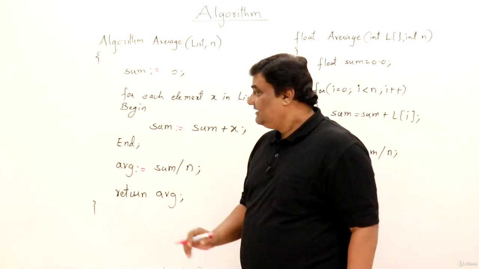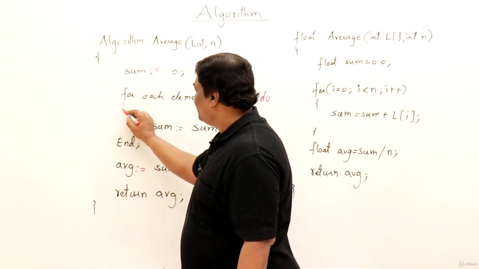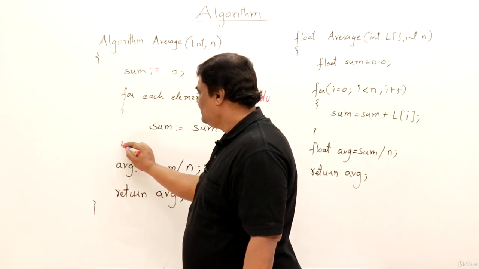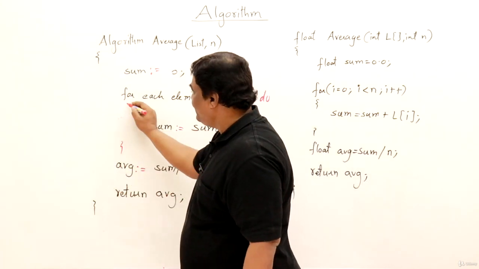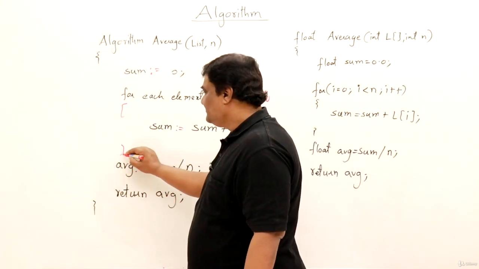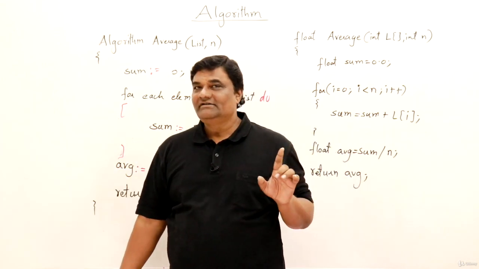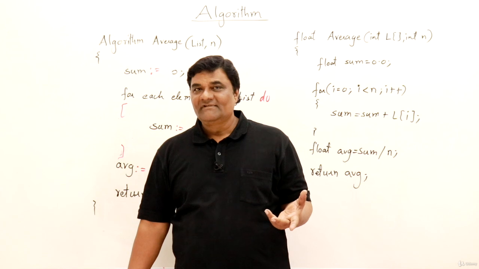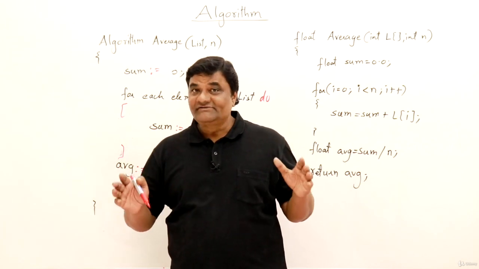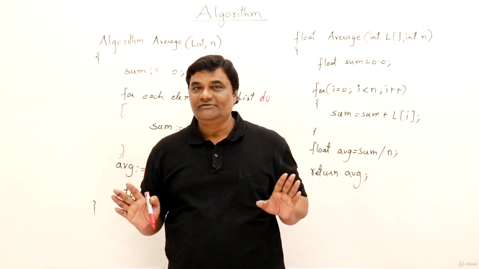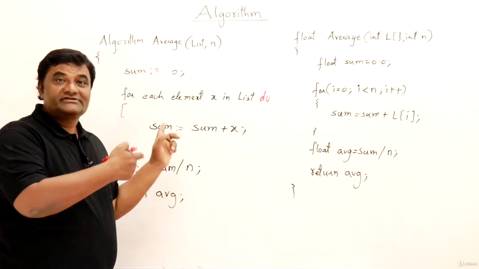That's also meaningful. So instead of begin and end, I will say flower bracket. Yes, that is also showing the beginning and ending. No, I will use a square bracket. Okay, use it. So now this is sufficient. The idea is whatever you write, it should be readable. One should not get confused, at least those for whom you are writing. This is how we write an algorithm using pseudocode.